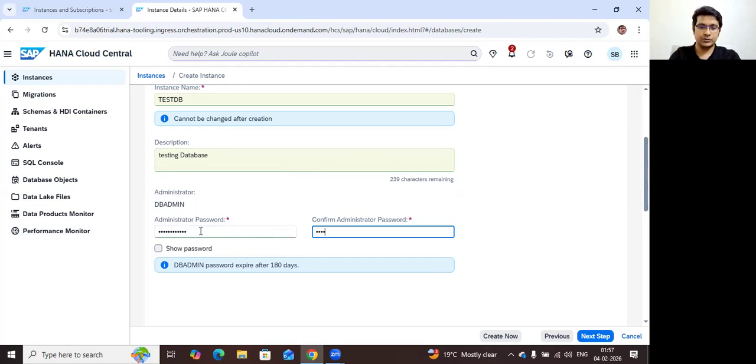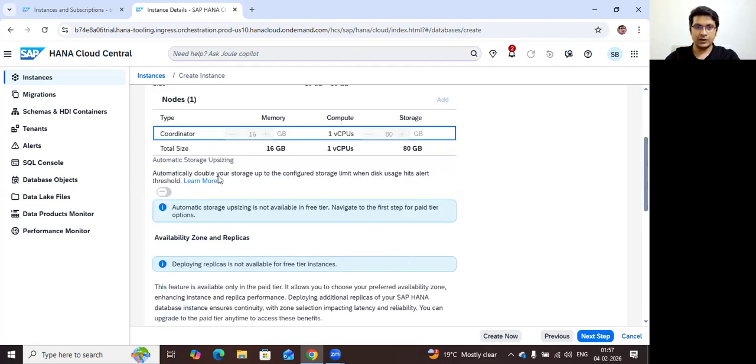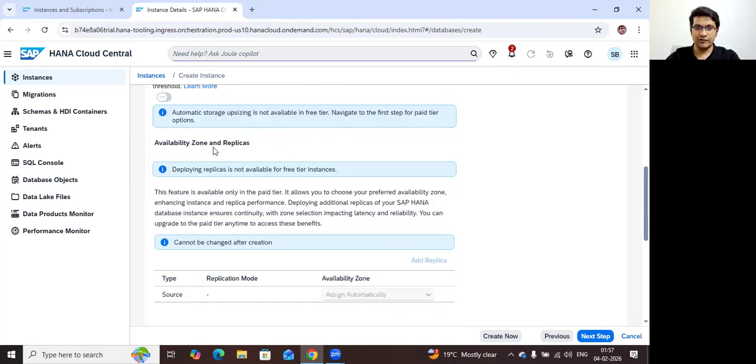And then here, for the trial account, you won't have an option to change this memory and storage requirement. It will be pre-populated. This is what SAP will provide you as part of the trial account. Then there is something called availability zone and replica. It is not mandatory, it is needed only for disaster recovery purposes. And then the rest of the thing you don't need to go through, but there is no need